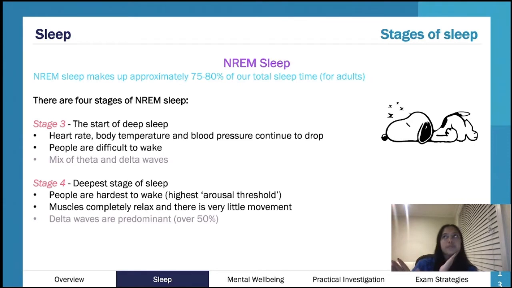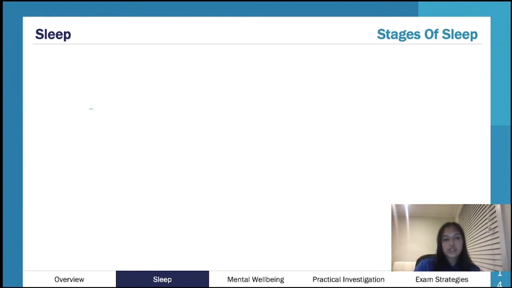So when you have to shake someone to wake them up or scream really loud, they're probably not in stage 2. In stage 2, you're a little bit easier to wake up. Whereas with stage 3 and stage 4, if you have to shake someone to wake them up, they're probably in one of these deeper stages of sleep, maybe even stage 4, because they need a lot of external stimuli to actually get them out of their sleep. Yeah, but that's these general stages.